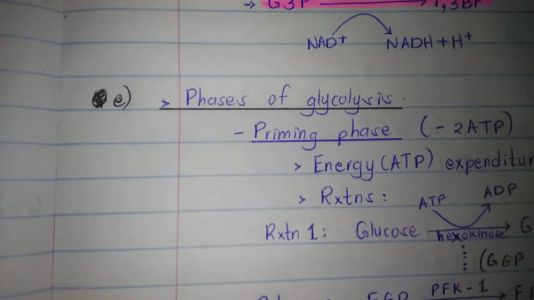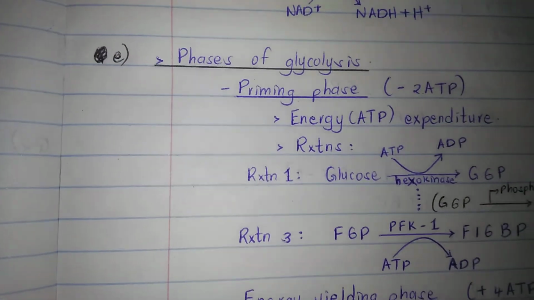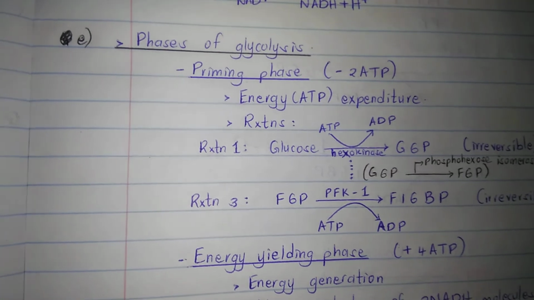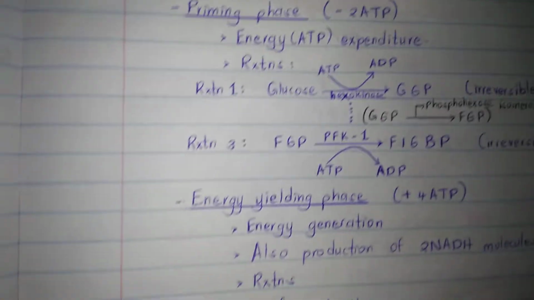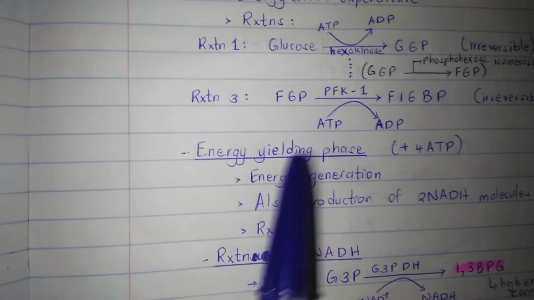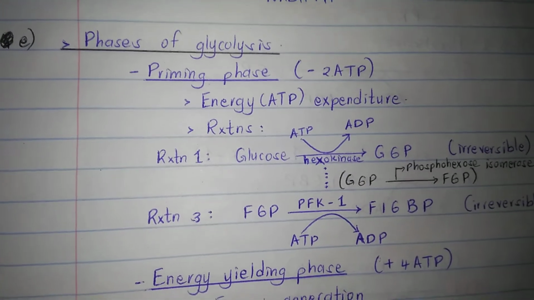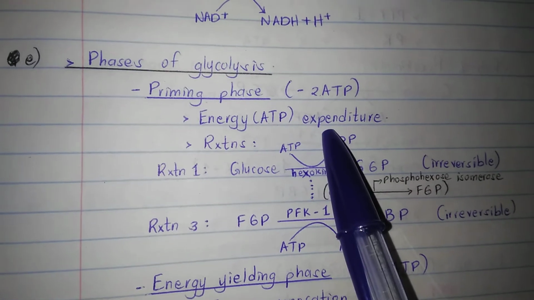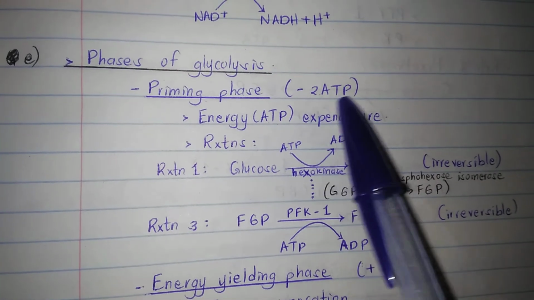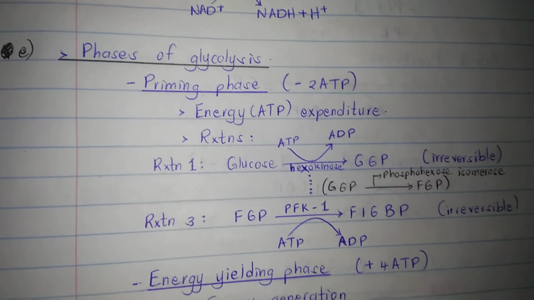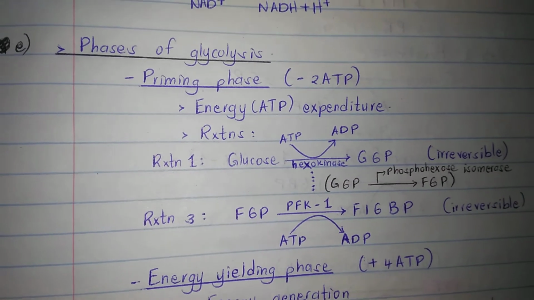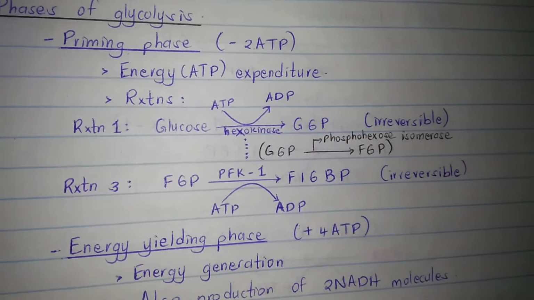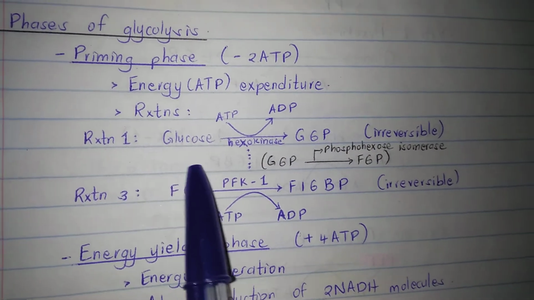So our next question will be phases of glycolysis. So we have two phases in glycolysis. We have the priming phase and we have the energy yielding phase. So the priming phase is where there is energy expenditure. So -2 ATP. And the reactions involved in this priming phase are reaction 1 of glycolysis, which involves glucose being